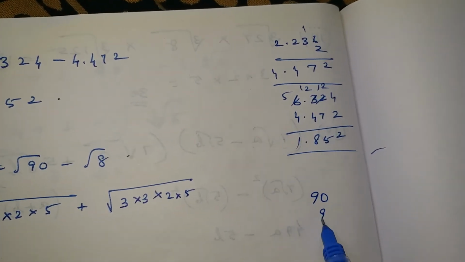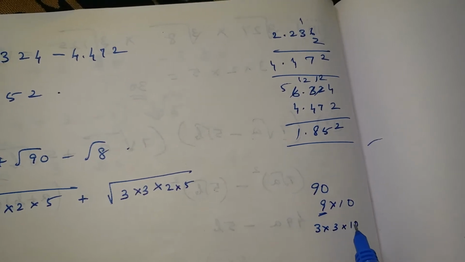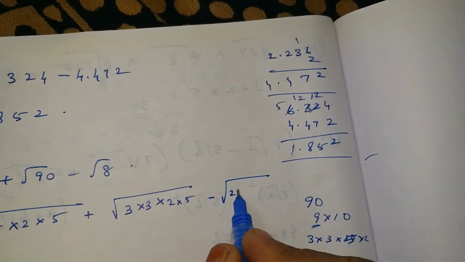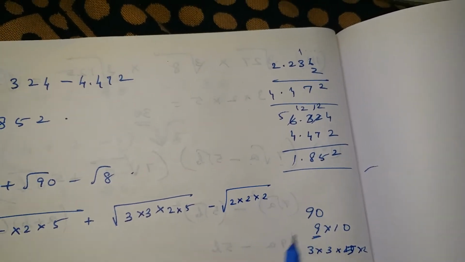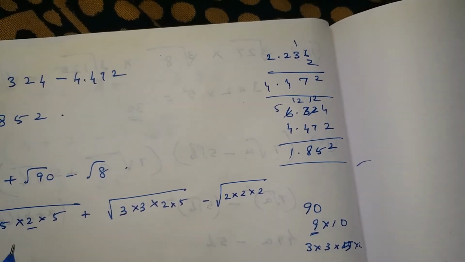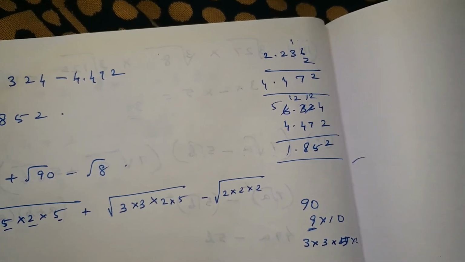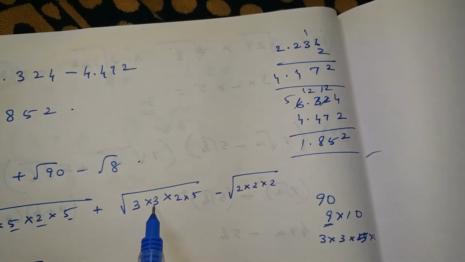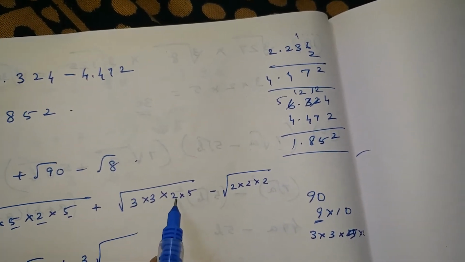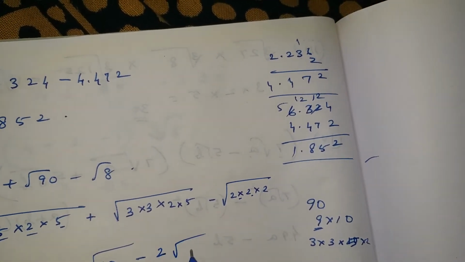So, 90 means 9 into 10. 9 can be written as what? 3 into 3. 10 can be written as 5 into 2. Okay. So, I have written this, minus 8 can be written as 2 into 2 into 2. 2 2s are 4, 4 2s are 8. So, now you can find out square root where possible. These two values, you take 1 value. For 2 5s, you take 1 value. So, 5. What is remaining? 3 is remaining, root 3, plus, out of 2 3s you will take 1, root, you can't take anything else, 2 5s are 10, minus, after 2 2s you will take one 2, another 2 leave it inside.